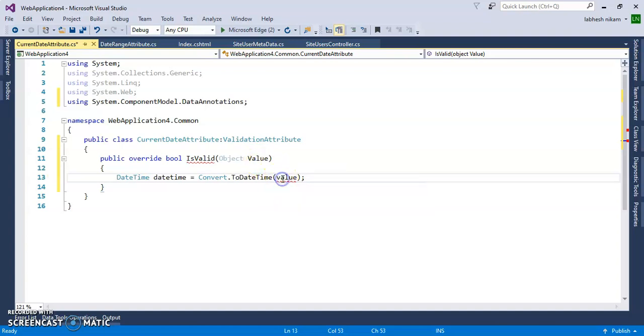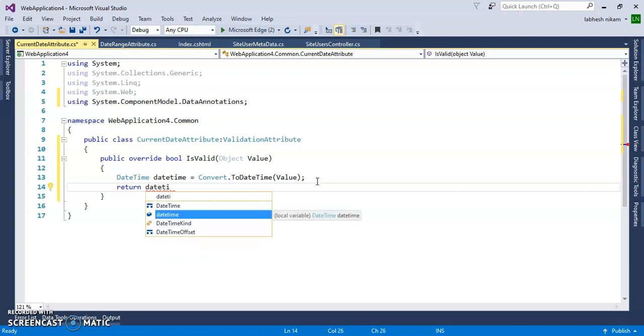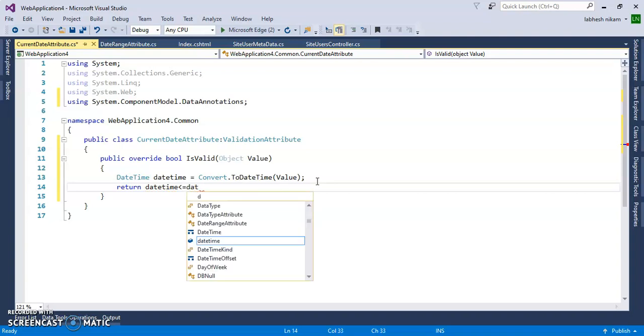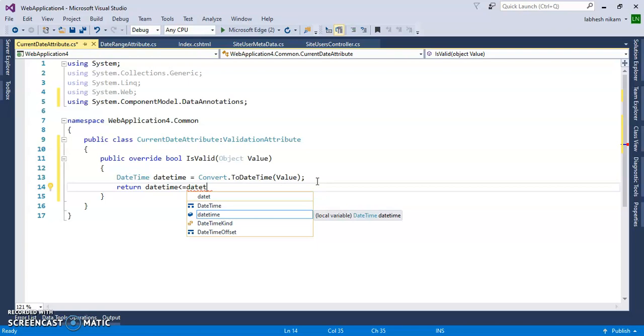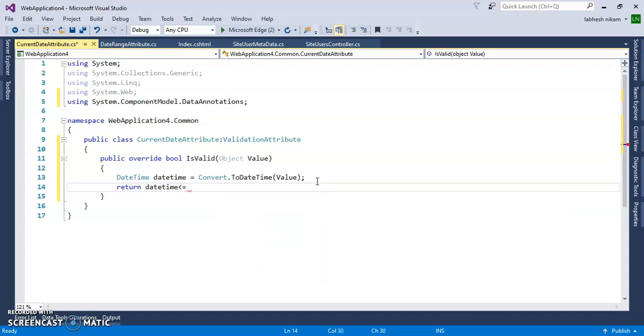And we will write the condition for it. The condition: return this dateTime less than or equal to today's DateTime, meaning DateTime.Now.